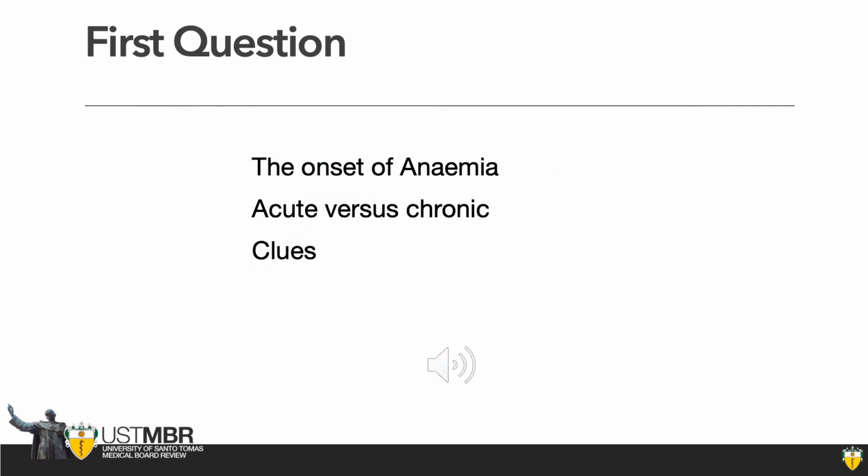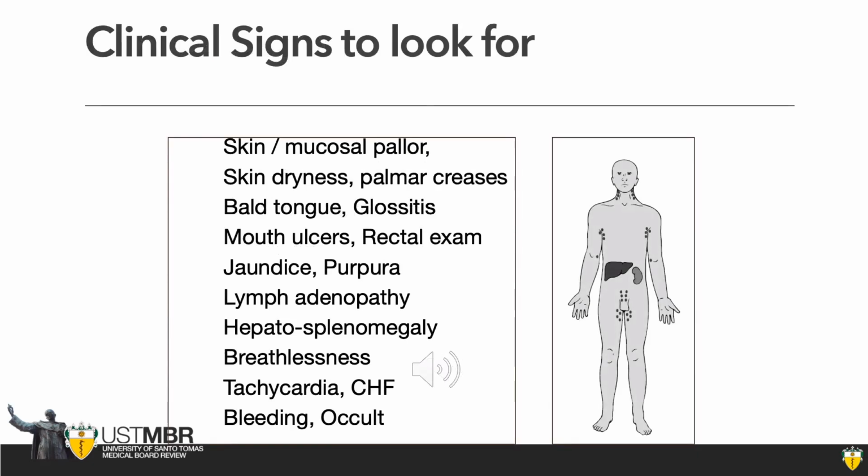Now let's go clinical. Once you have a patient with anemia, a good history is tantamount. You have to elicit the onset of anemia. Usually, acute or sudden drop in hemoglobin is associated with symptoms and signs of hemodynamic instability. On physical examination, we have to look for the following signs in the skin, the mucosal membrane, the cardiovascular, and reticuloendothelial organs. So on the skin, you will look for pallor and some skin changes that